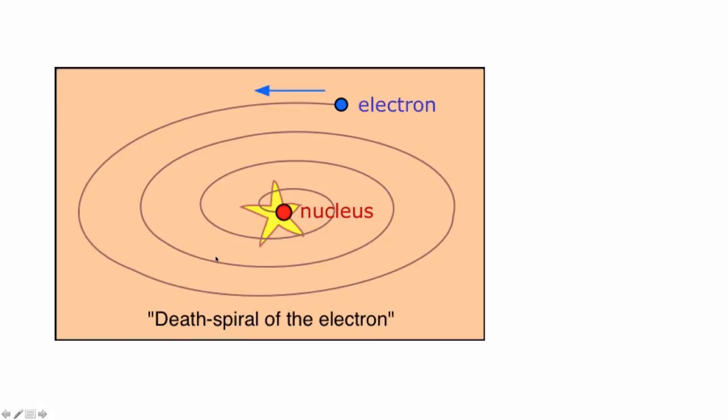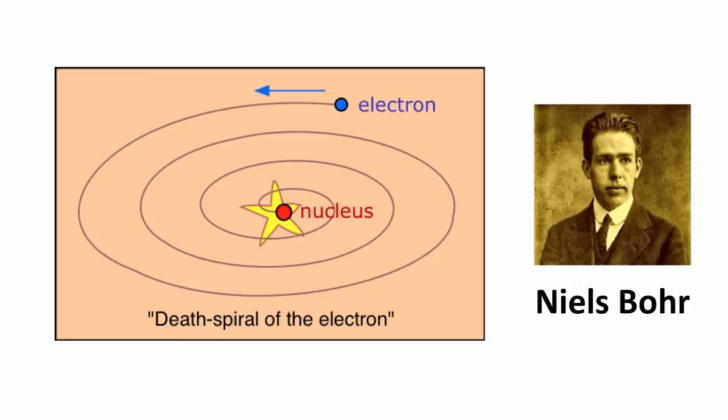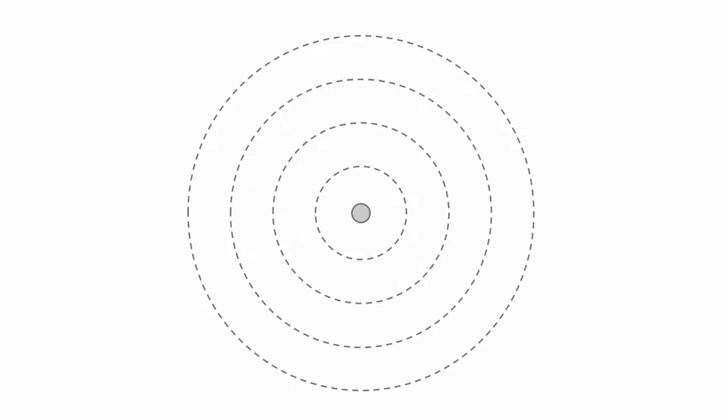So this was called the death spiral of the electron, and it was not at all understood why that didn't happen. How could atoms even exist and have electrons orbit them? Well, along came a guy named Niels Bohr in the early 1900s and explained what was going on, especially in the case of hydrogen. And as a little bit of a recap, here's the basic idea, it was proposed